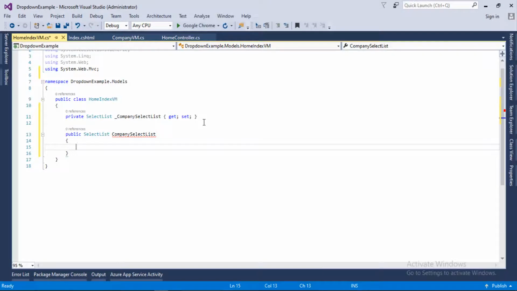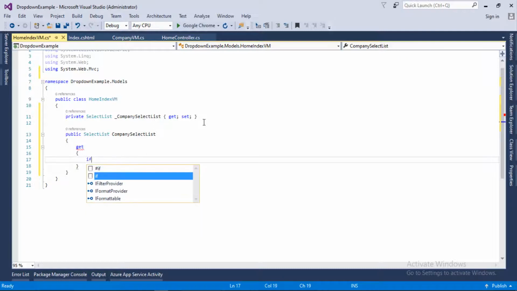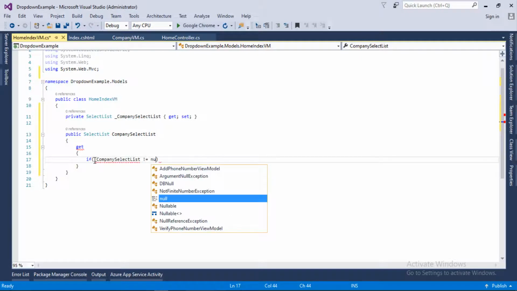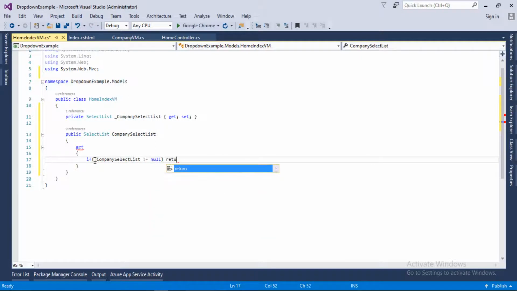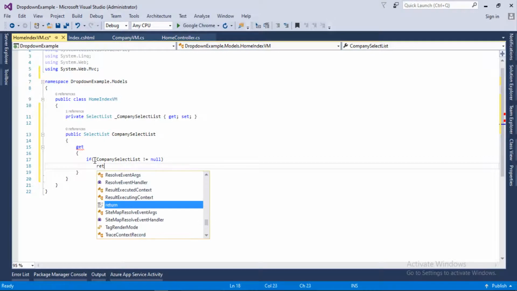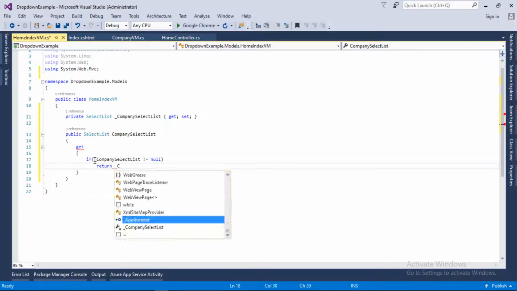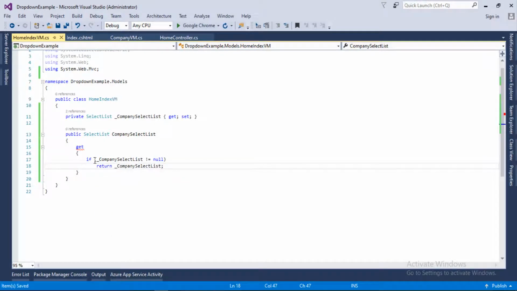And in the get method, first of all, we will check if the private property that we have declared here is not equal to null, then we will return the same list, and otherwise we will return the company list that we will create in just a bit.